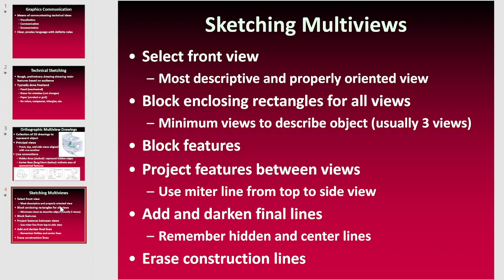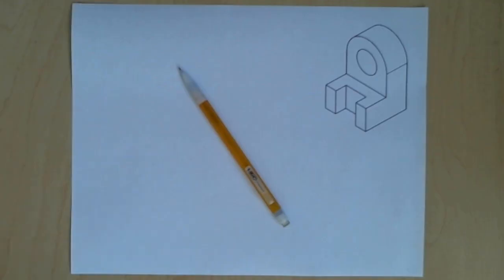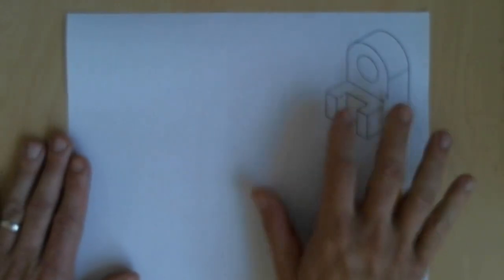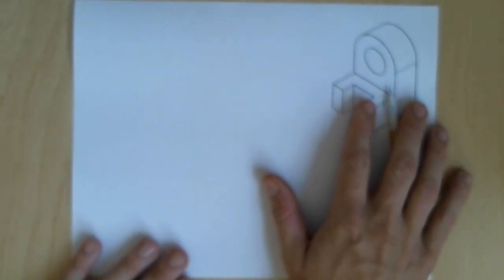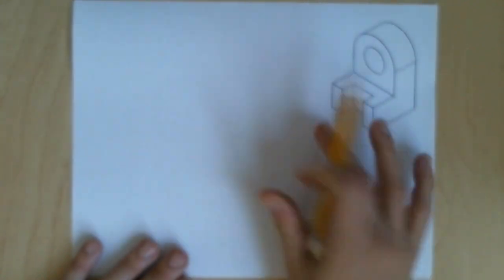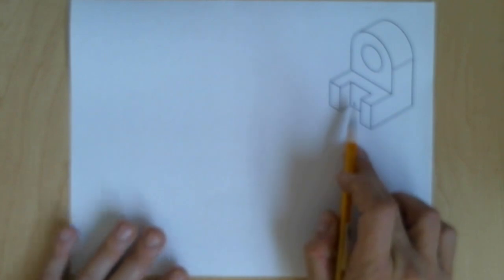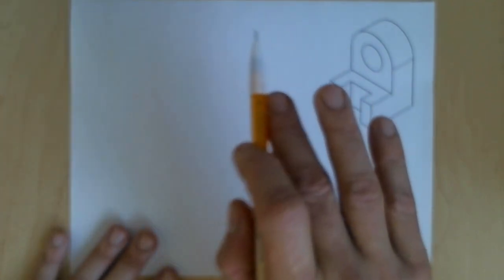Okay, so this is a multi-view drawing. Again, this idea of a front, side, and top view that we're looking at. So let's go ahead and take a look, and I'll do an example. So here's the object right here represented in 3 dimensions. Okay, so what I'm going to do is call this view here, that kind of tombstone looking thing,